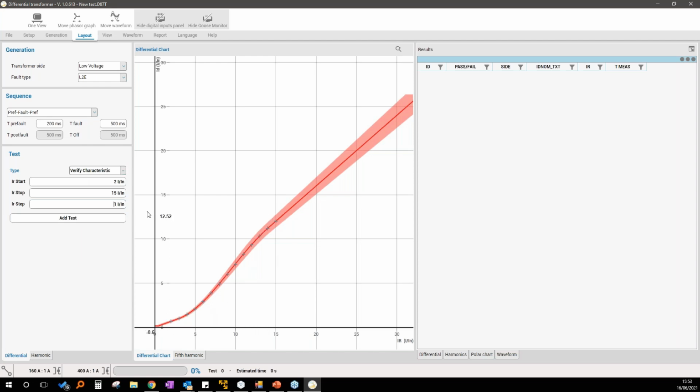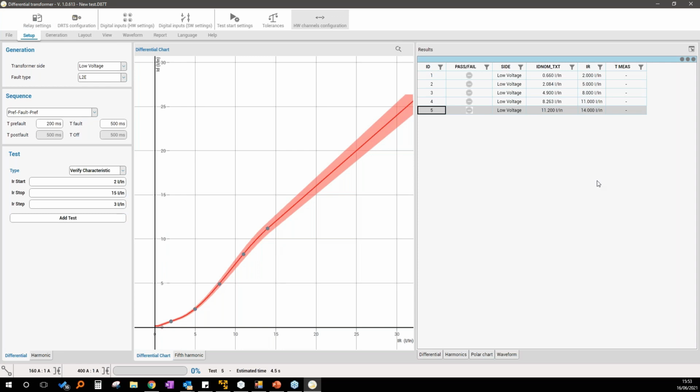So I will not add all this step because otherwise it will take too much. So let me reduce to, okay, only a few points. Add and start.